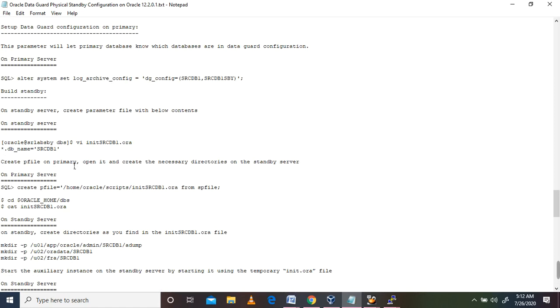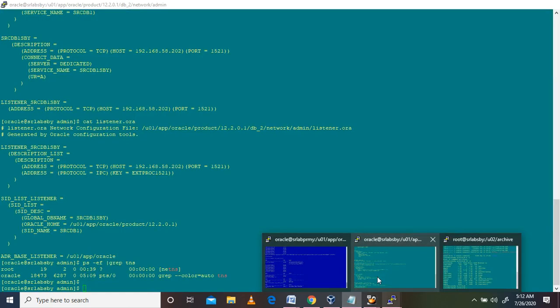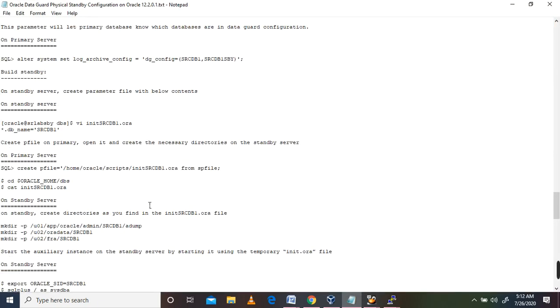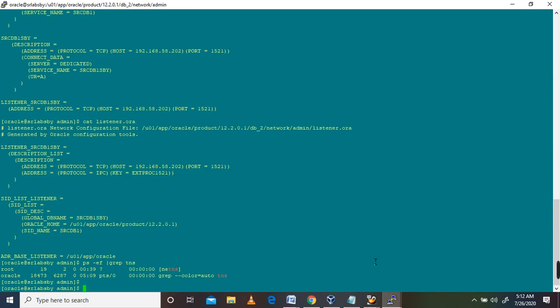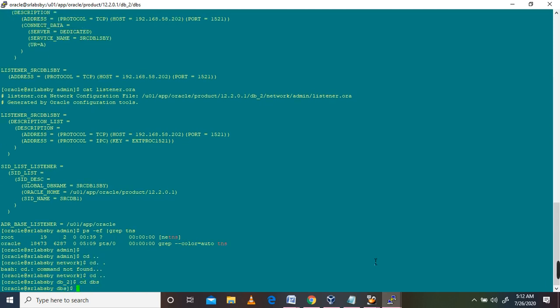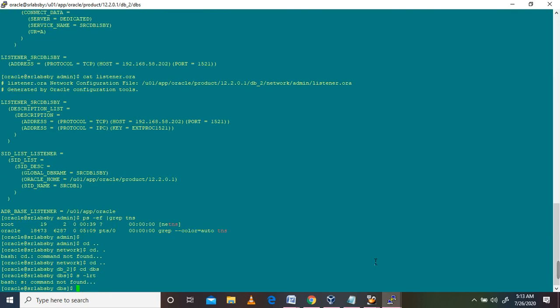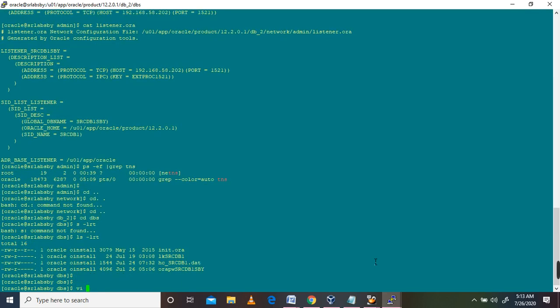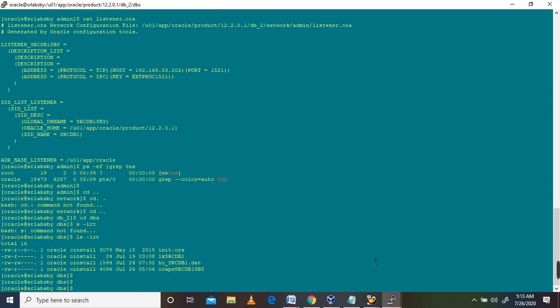Okay. So what we need to do on the standby server, we need to create an initialization parameter file. Go to this DBS location on the standby server, vi init srcdb1.ora.